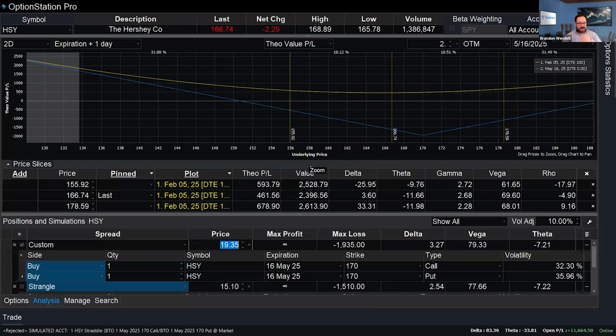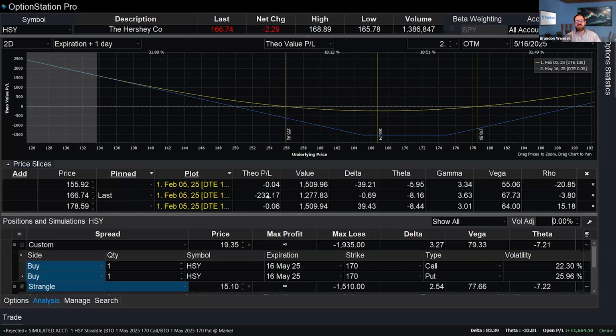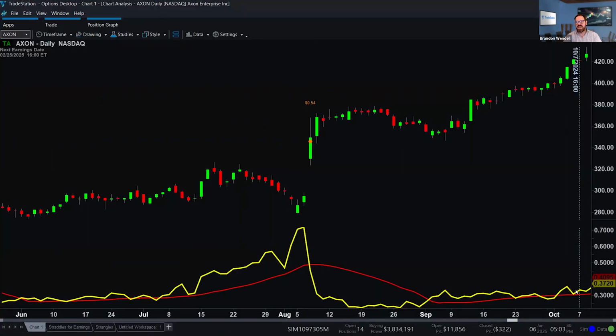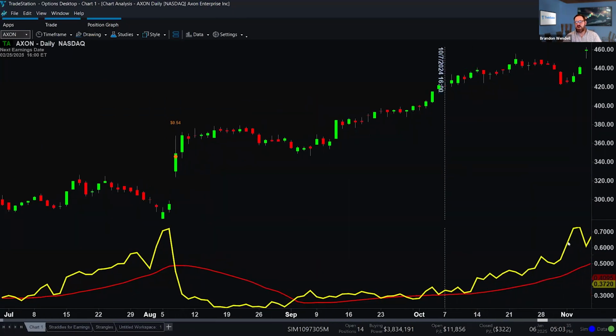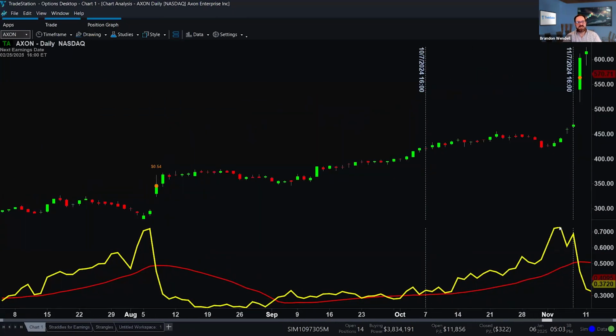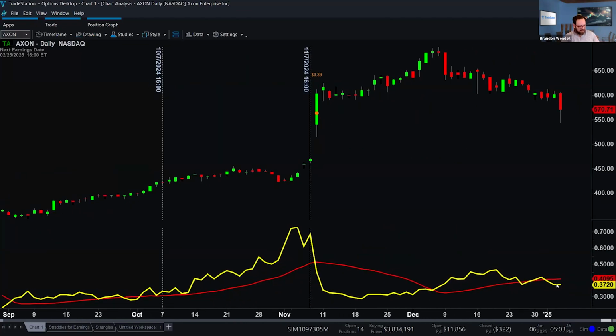Basically, all I'm doing is trying to compare whether or not it's better to do the straddle or the strangle on this position based on how much profit and how much price movement I'm likely to expect. Now, if I can do this based on the price move, I did it based on volatility. Because a lot of times when I put on this position, I'm looking to get into it because volatility is relatively low at the entry of the position. This is the position we were just analyzing. And volatility went all the way up and spiked. And this is on the AXON, dropped. Let's see where it is right now. That's still in a winning position.